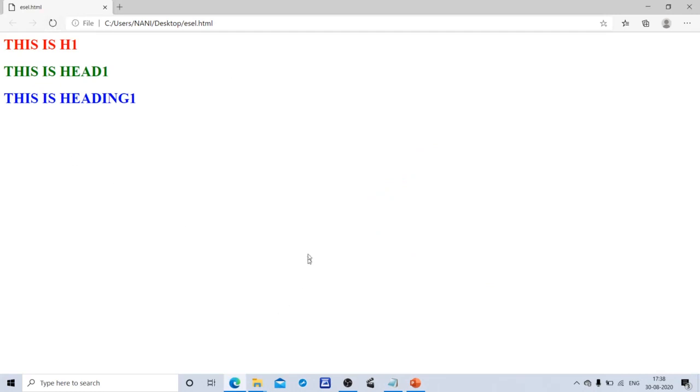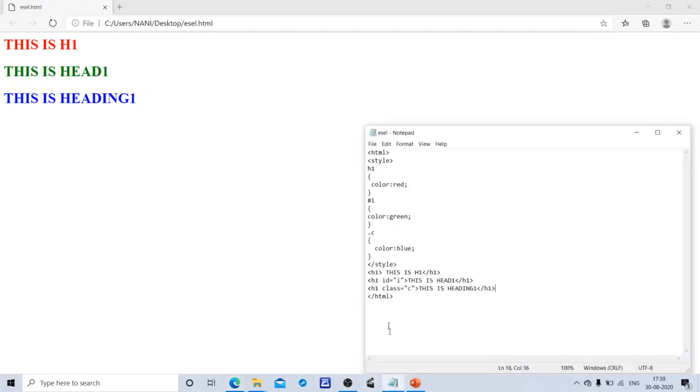Yes, this is the element selector, ID selector, class selector. See the code. This is for the element selector: h1 color colon red. For the ID selector: #i color equals green. For the class selector: period character c, color equals blue. This is about selectors.